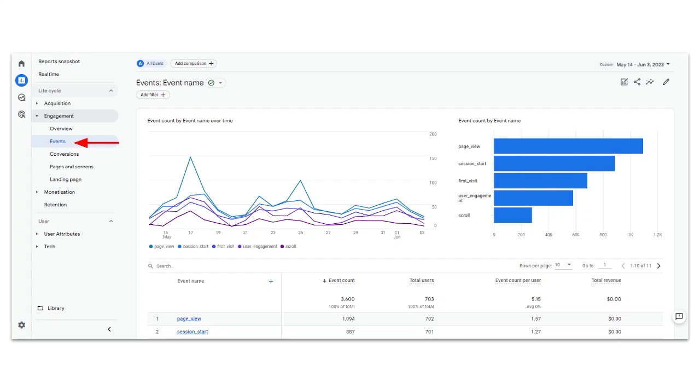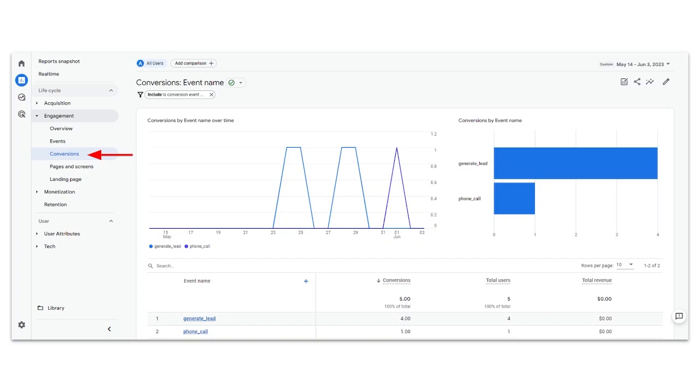Looking at the Events report next, this is where you'll see the actions users are taking on your website. If your web development team configured custom events, you'll see them in this report, alongside the default Google events, such as page views. In the Conversions report, you'll only see the events which are considered valuable actions. These events do have to be configured as conversions by your web team before they start showing up here in this report. Examples might include filling out a lead form, making a phone call, making an e-commerce purchase, or subscribing